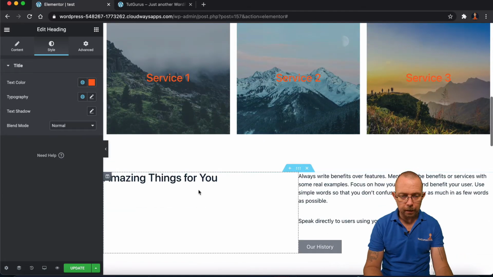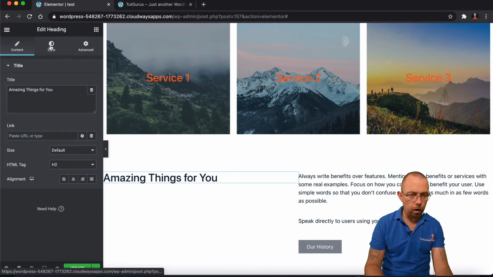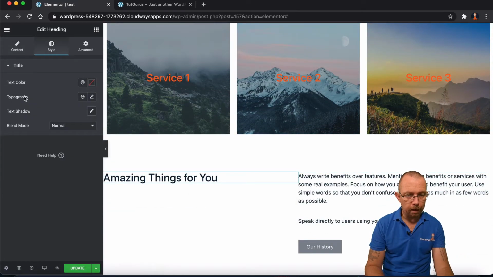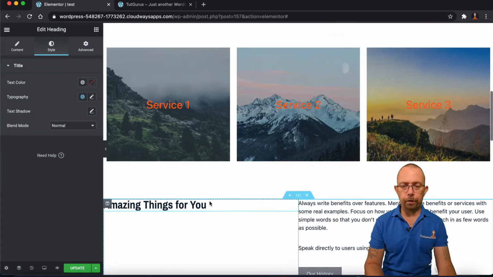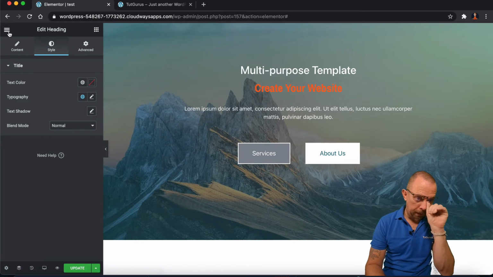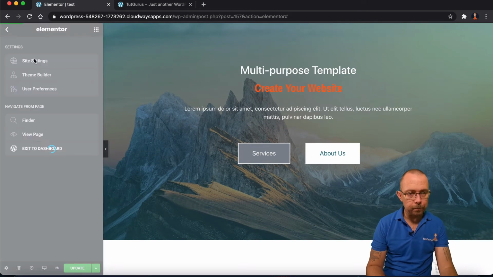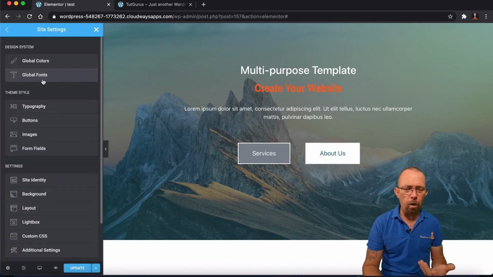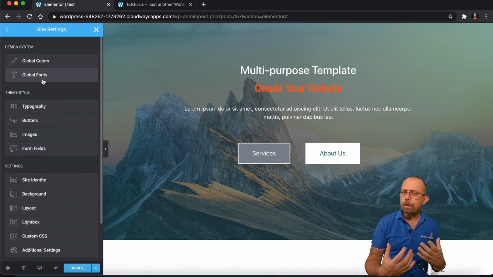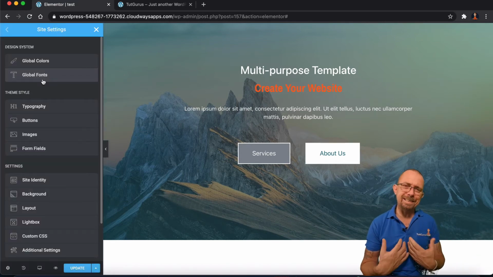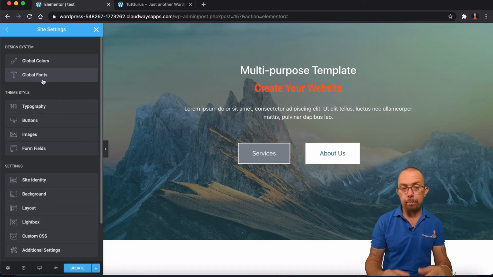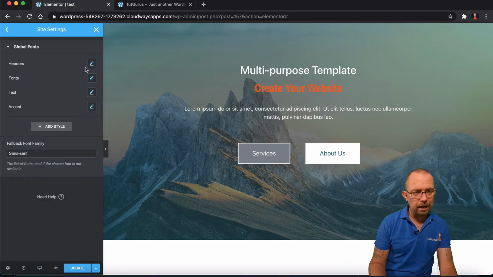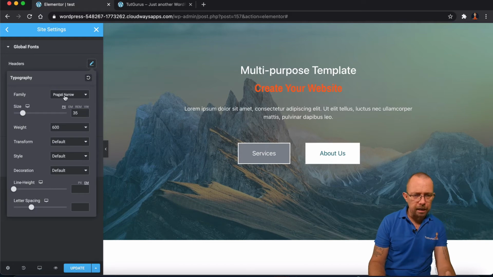I can come down here. I can say, yep, do you know what? I want to go to style, and on my typography, I want to choose headers, so I can make it that new font. So again, when I come back up to these 3 lines and I come up to site settings, and later on the client decides to change it, or you're building this not in Photoshop, but you're deciding to design this website in something like Elementor, well then you can come in here and say, you know what? I'm not digging that font.